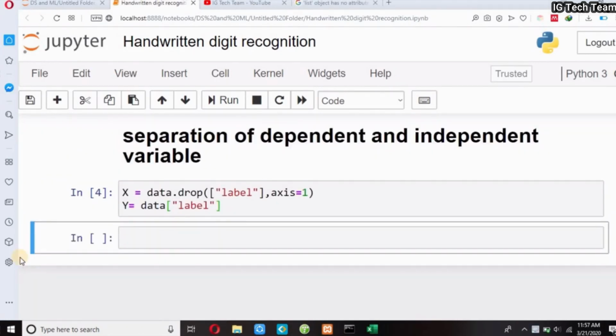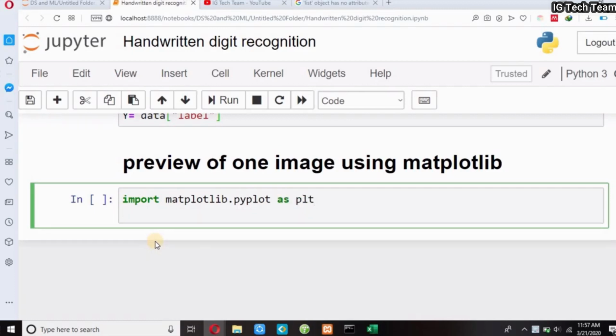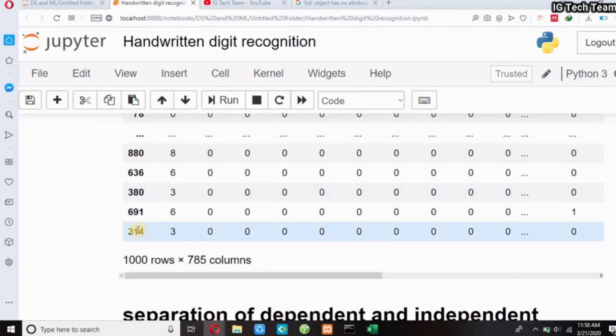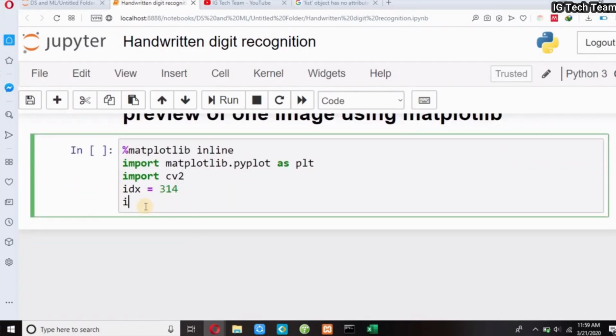Now let me preview one image using matplotlib. Let me write title. I have to import matplotlib. Also let me import cv2. I have to write one index value, suppose this 314. Now img equals yox.